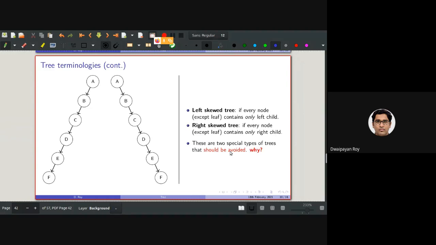It just looks like a list then. Sorry? It is like a list then, it's not. Absolutely correct. So it is similar to just an array with different nodes, A, B, and C, and so on. We are not actually getting the hierarchical relationship. If we just consider, it's just a linear thing here. So there will be cases in which we will be encountering this, and we need to avoid them using some mechanism, and we will be discussing them.